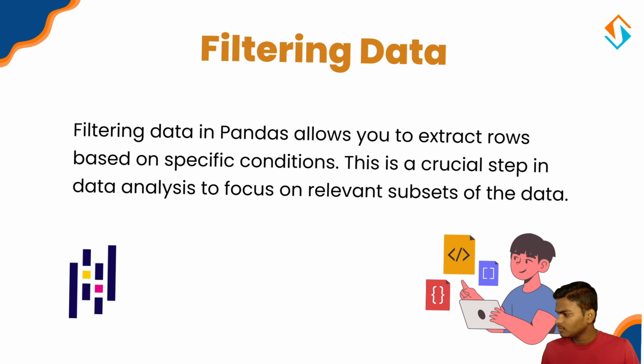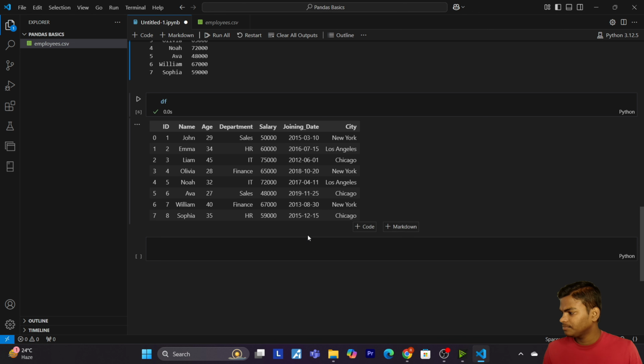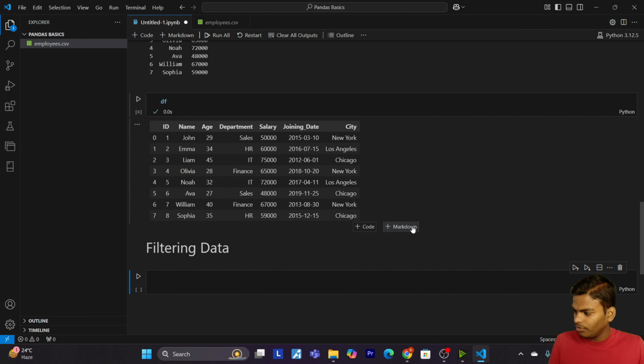So for this, let's move to our VS Code. This time let me give the markdown and I am going to give filtering data. Let's see how we can filter our data. As I told you, I want the names whose salary is greater than 60,000.